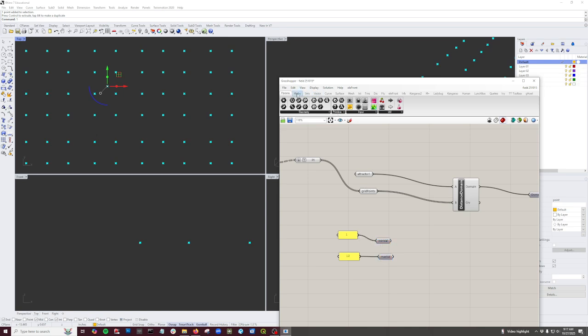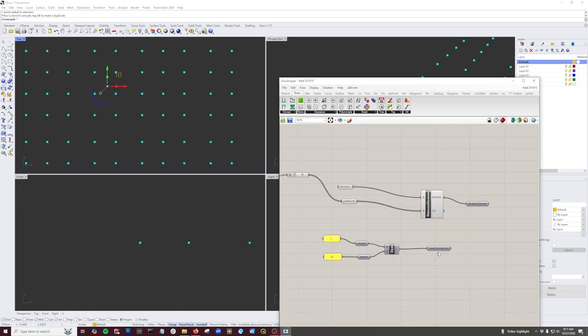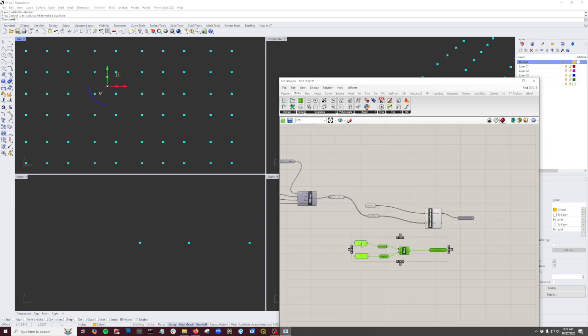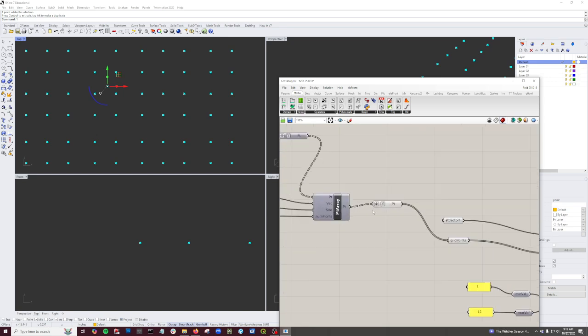We want to go back and create a domain for that. Let's call this attractor domain, and let's call this move values domain. So now what we want to do, right? We've got our